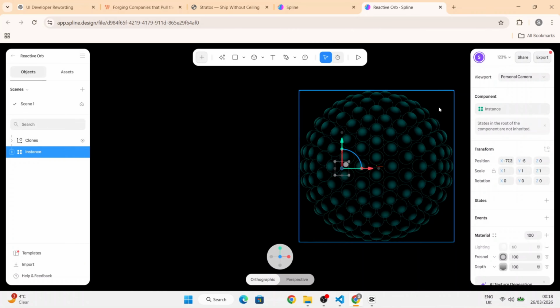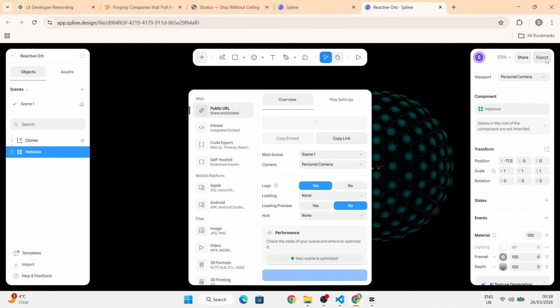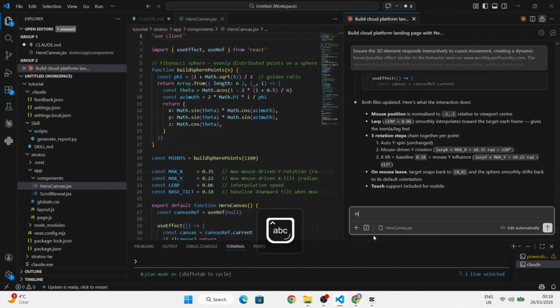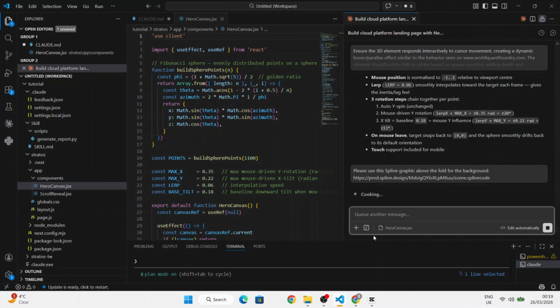So you just go up to export in the top right hand corner, then go to code export on the left, and then just copy the code that generates, and then go back in the Claude Code and just write this prompt saying, please use this spline graphic above the fold for the background. And then just paste in the code,